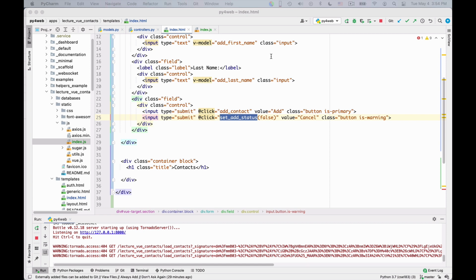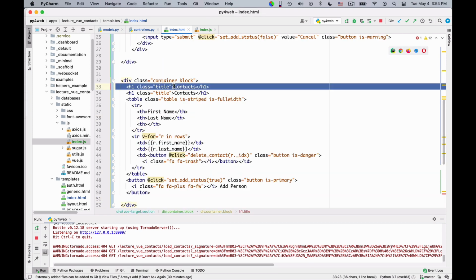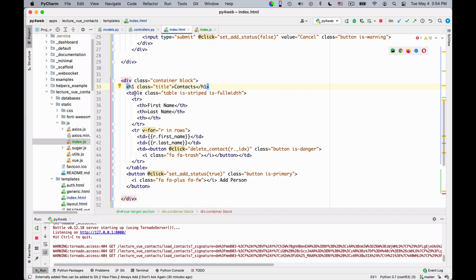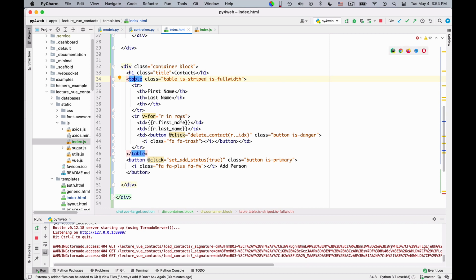Before writing the code to add a contact, it's actually easier to know how a contact looks like in JavaScript, to write the code we need to display the contacts and to reason about it a little bit. So let me write this code. Again, I cut and paste the HTML code because I don't want to have to retype it all. Here it is. So I build a table with three headers: first name, last name, and an empty header that will be used for deletion. And then I'm assuming that inside the JavaScript I store the contacts in rows.